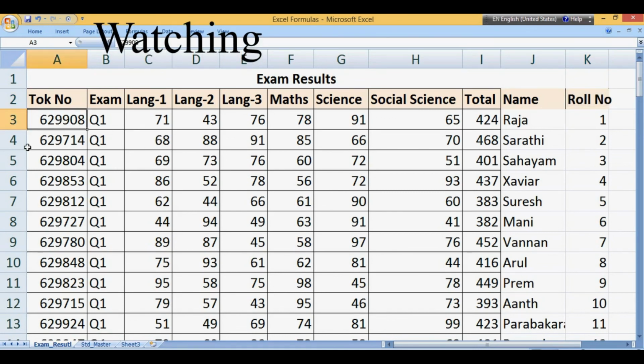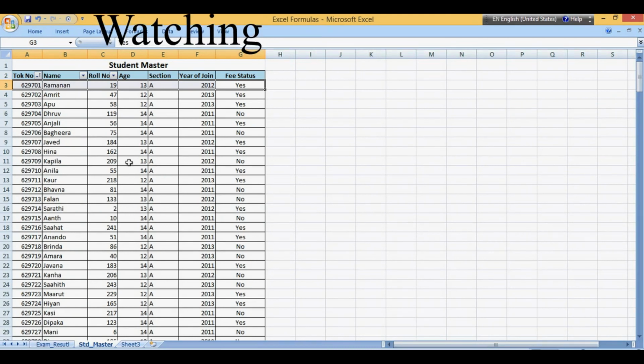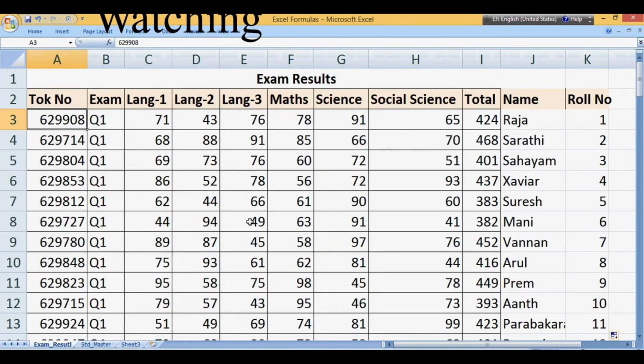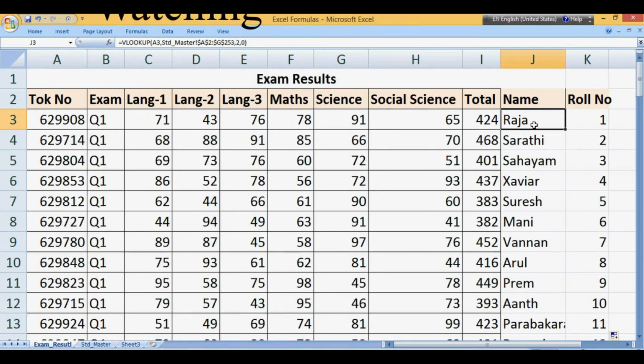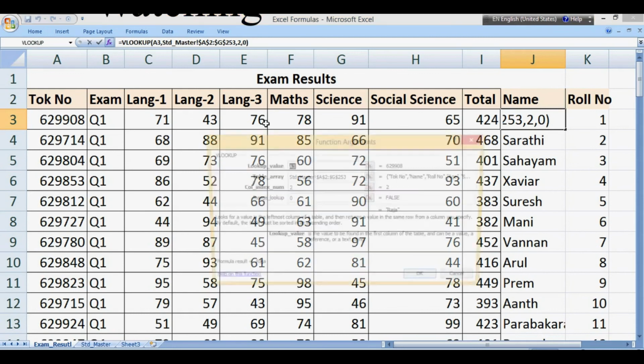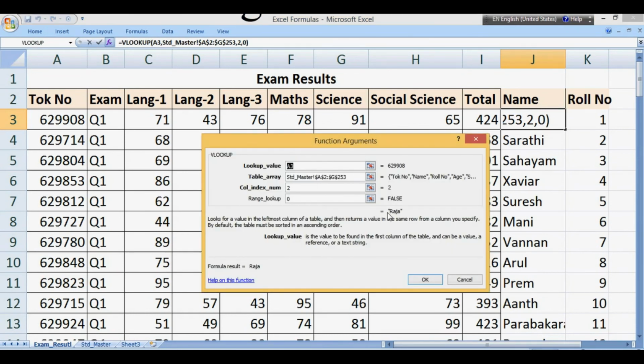For secret purpose, they have given a token number, and the headmaster, after receiving the result, is matching the number and putting the name to whom the result is related. This is where you can easily understand how the VLOOKUP works. I think all of you understood that.